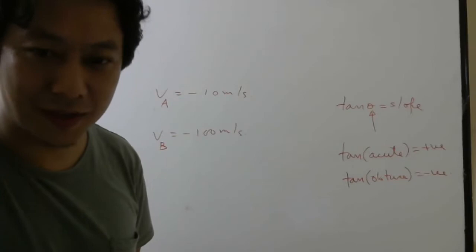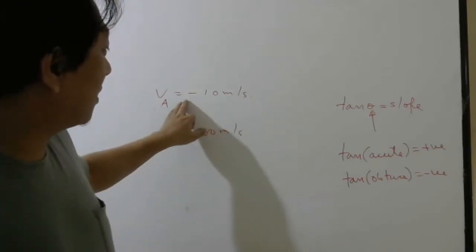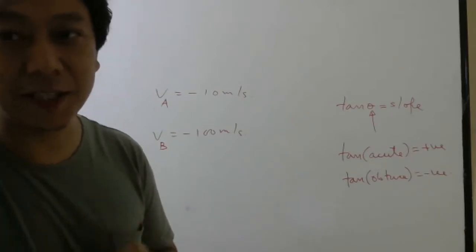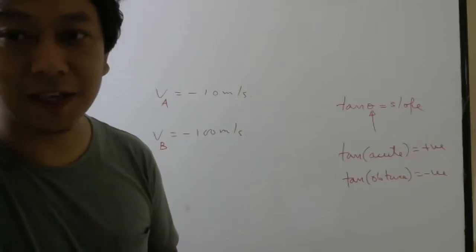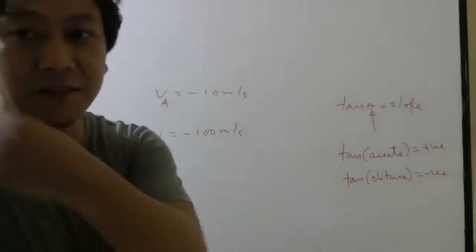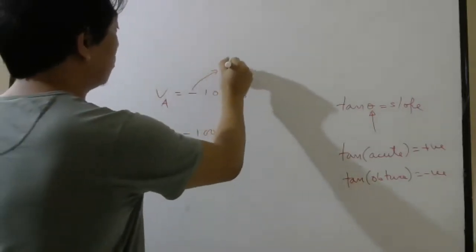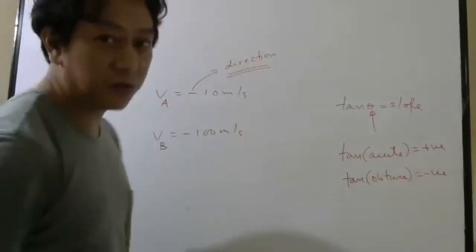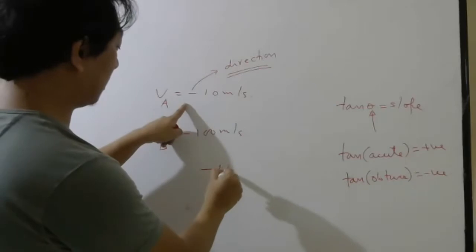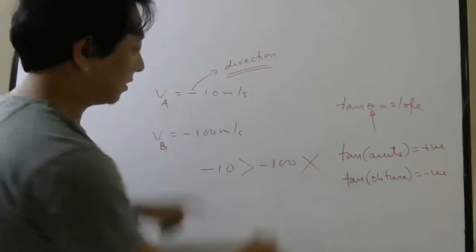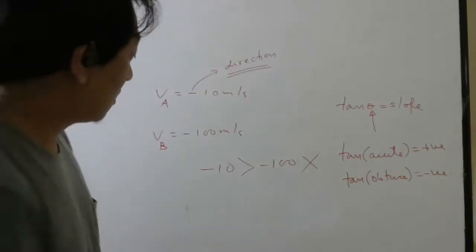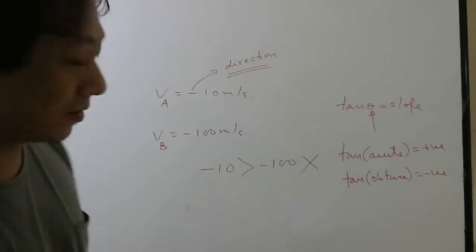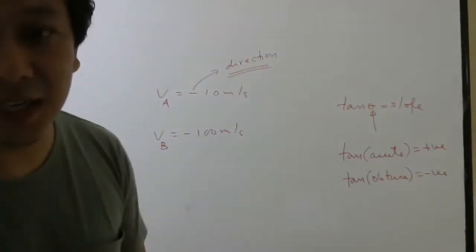Okay. Enough. So when I say velocity is minus 10 meter per second, what does it mean? It covers 10 meters per second in what direction? Negative direction. The minus sign is only there to talk about direction. So do not think here that minus 10 is greater than minus 100. That is useless because, of course, mathematically speaking, you may write minus 10 is greater than minus 100. But when I talk about faster or slower,